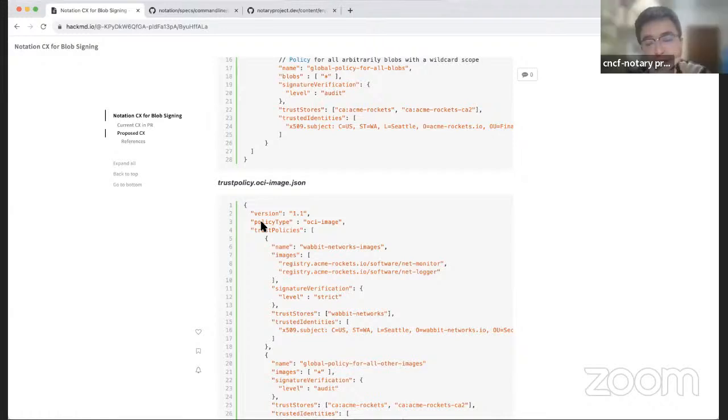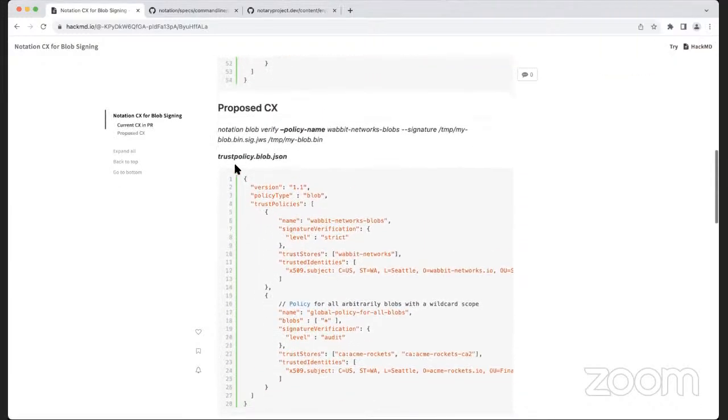Okay. I mean, there's some duplication here. If you see, we have the extension having blob and then a policy type, but I'm open to feedback here. This extension comes into place when the policy is placed in the directory, right?